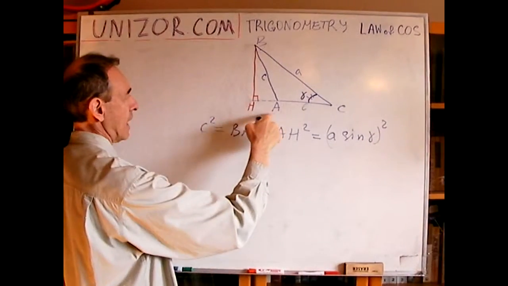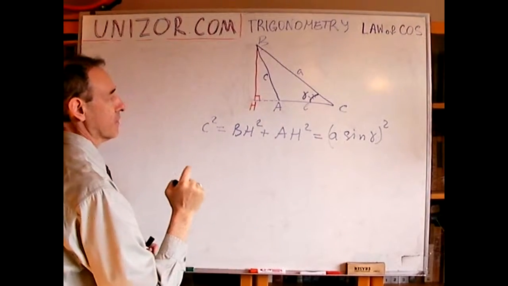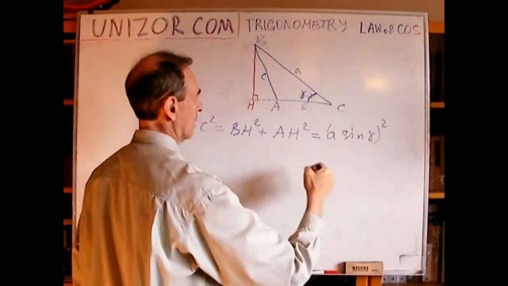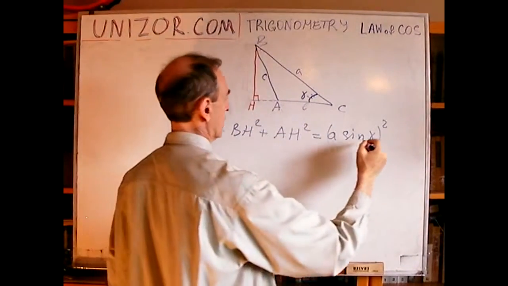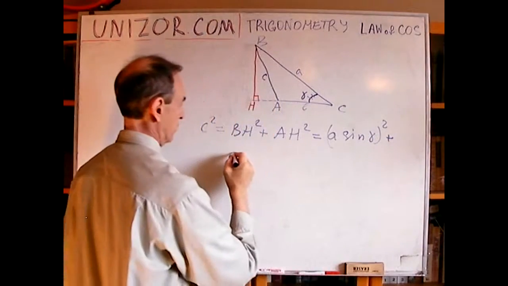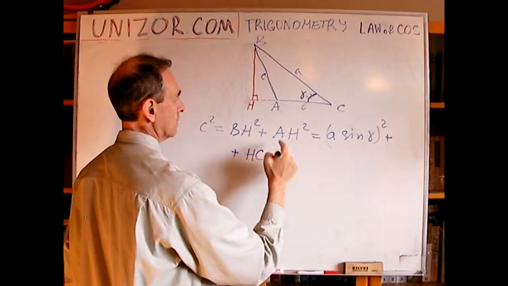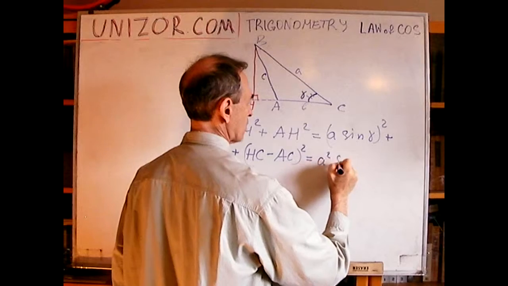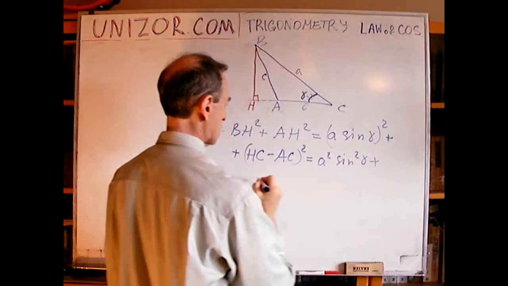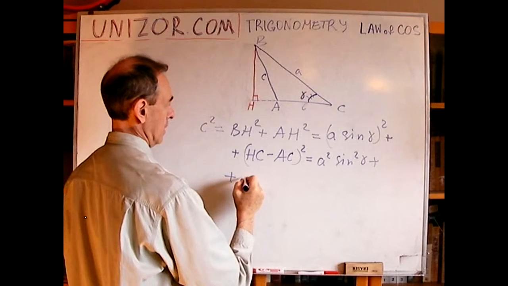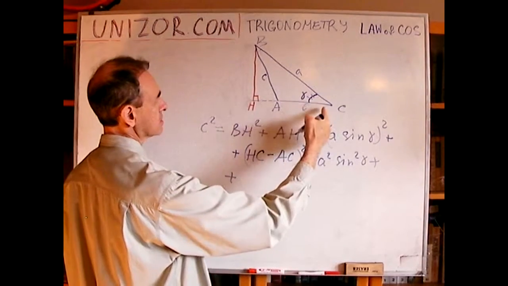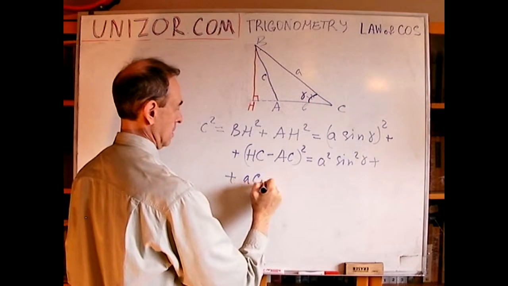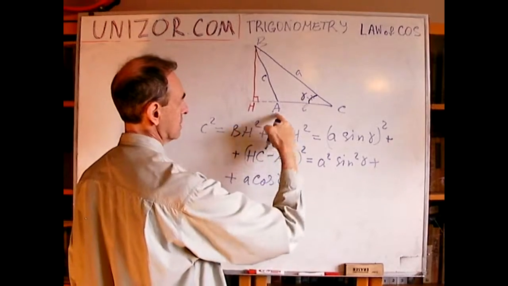But AH right now is different. It's HC minus AC squared, which is A squared sine square gamma plus, HC is A times cosine gamma minus AB, which is B,